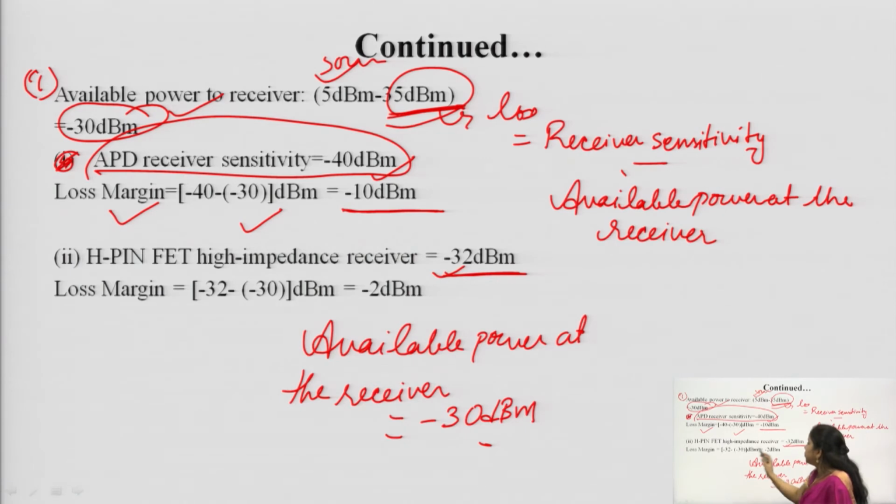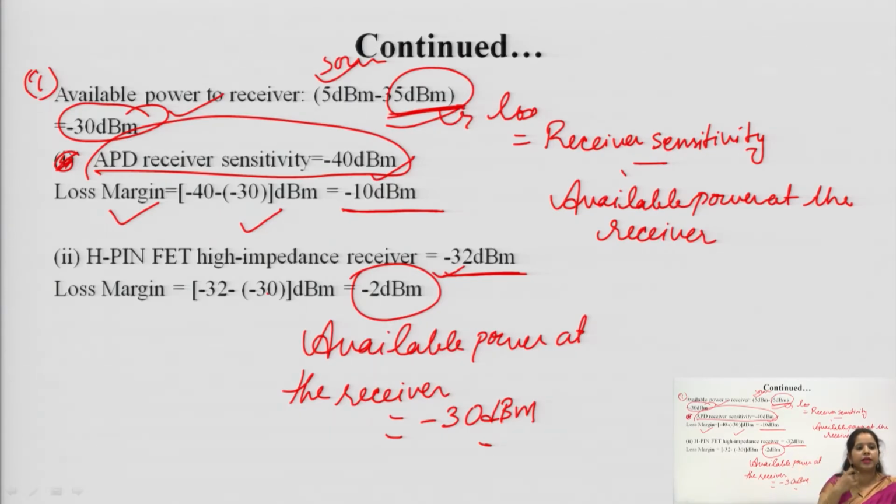So, this will be equal to minus 30 to receiver sensitivity minus 30 dBm and it will be minus 2 dBm. So, in this way you will come across various types of numericals. In some numericals it asks something about the total loss which is occurring, or the power available at the receiver, whatever, but these things remain the